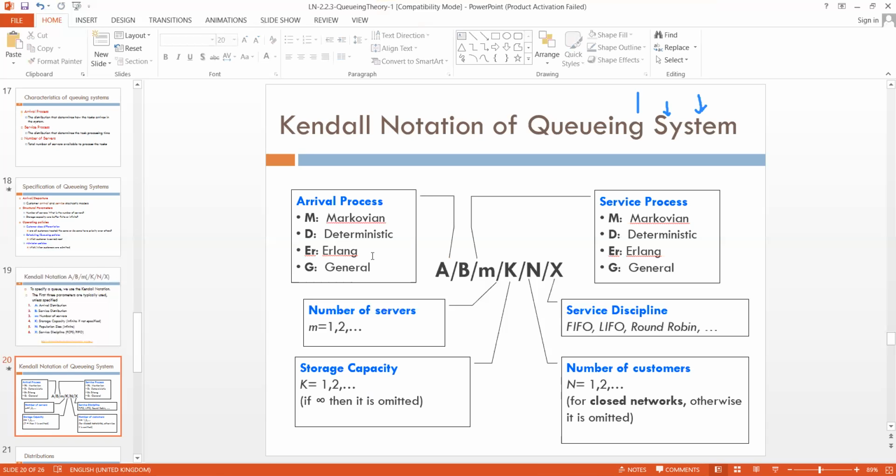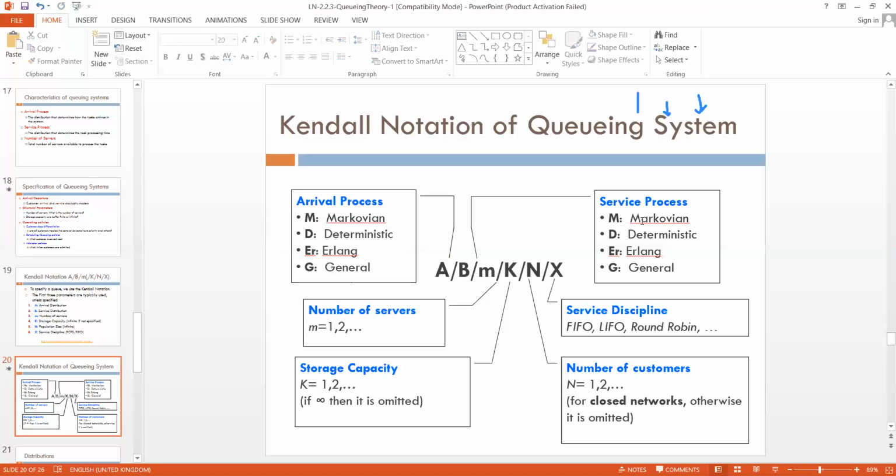Or we can have the Erlang distribution, or a general distribution, which can also follow any type of randomness. So it can just happen on a random basis. That is where we can run a lot of simulations. If this occurs and this occurs, what is going to be the result of the system, just based on